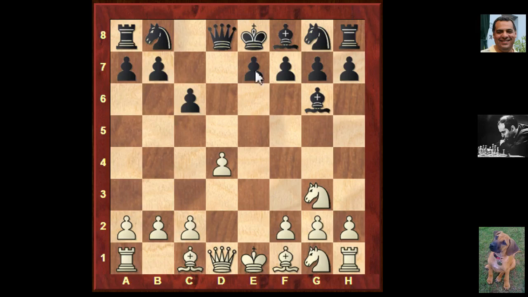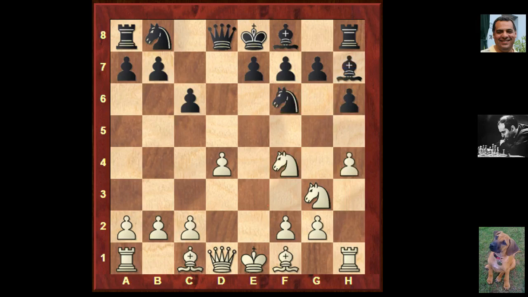Now Tal played interestingly knight e2, as though the knight's got a prospect here to harass the bishop, and maybe also h4, h5 is interesting. So knight f6, h4 is indeed played, knight f4, and then bishop c4, eyeing that sensitive f7 square,